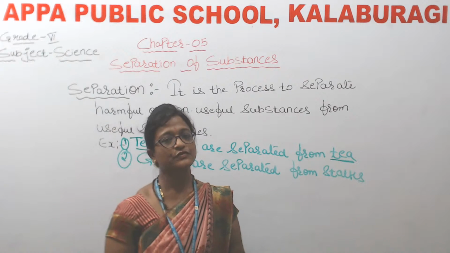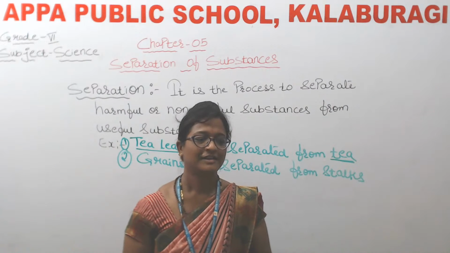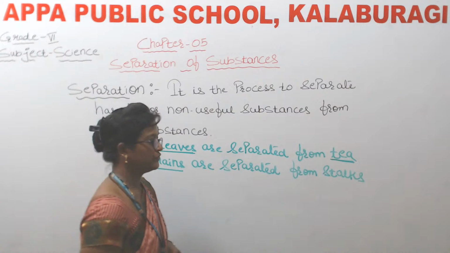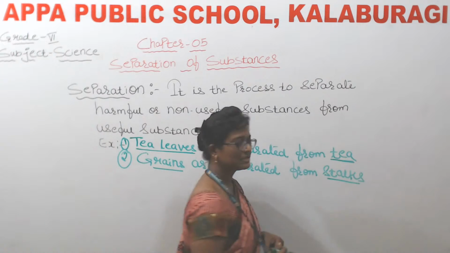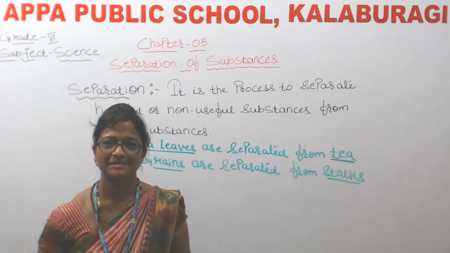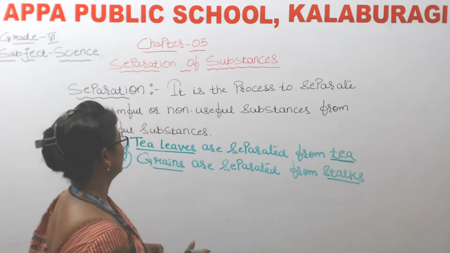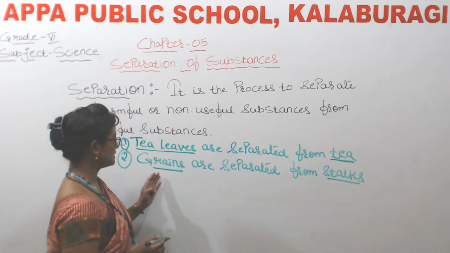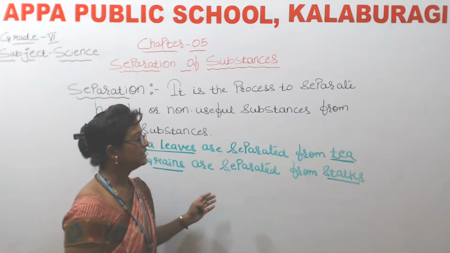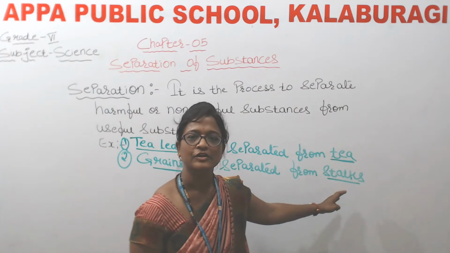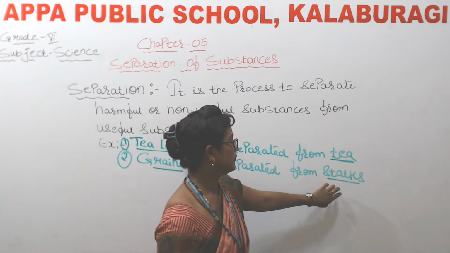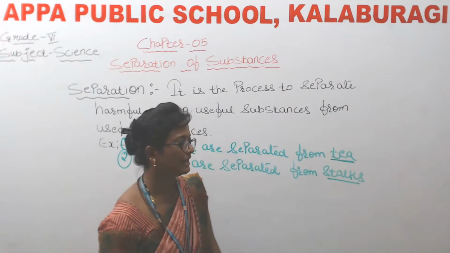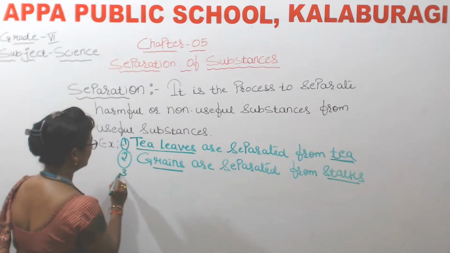So now here which is useful and which is non-useful component? Yes children? So grains are useful or stalks are useful. Yes? Exactly. Grains are useful because from these grains we get wheat flour, isn't it? And what about stalks? They are non-useful. We feed for animals, okay? But these stalks are not useful for us, okay? Then